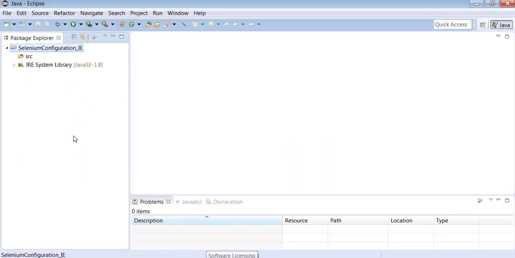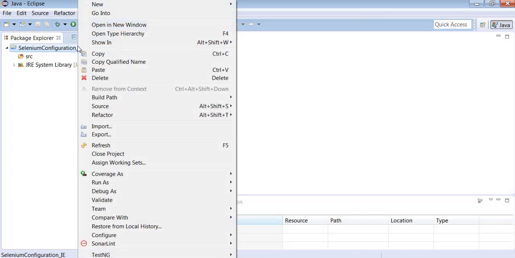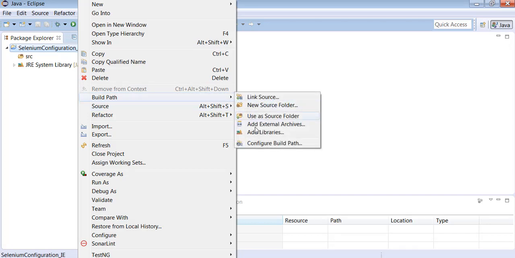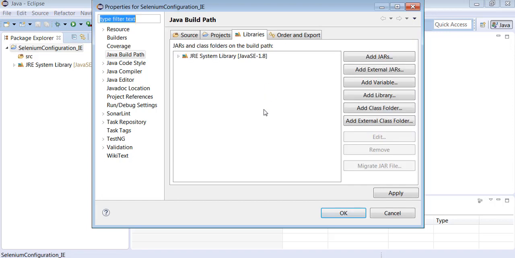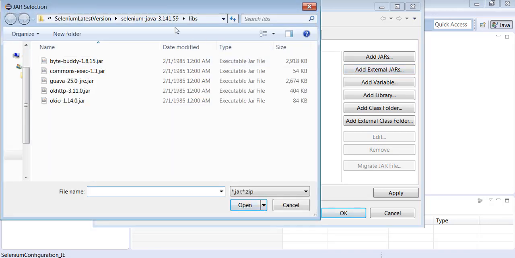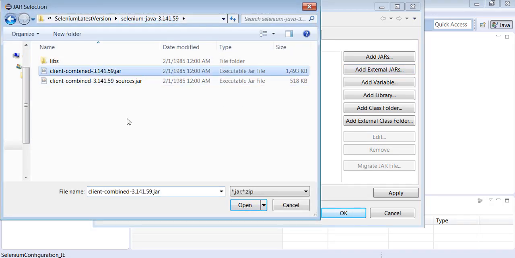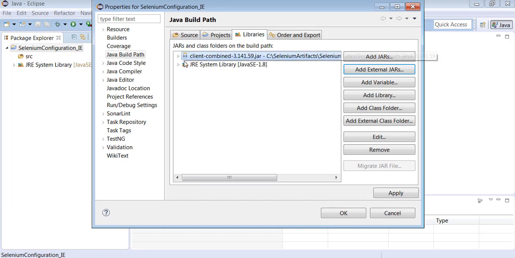Select the project, right click on the project, select Build Path, Configure Build Path, select Libraries, select Add External JARs, then select client combined 3.141.59 jar, open. You will see the entry is added here.